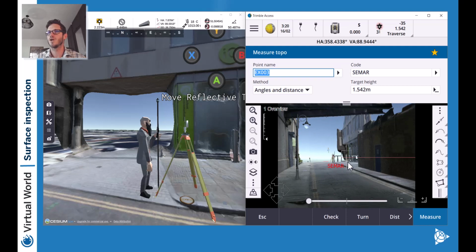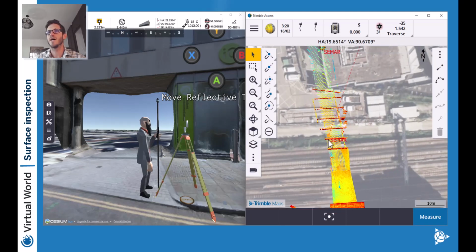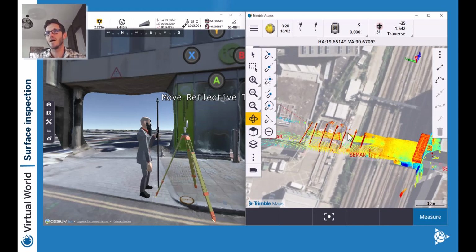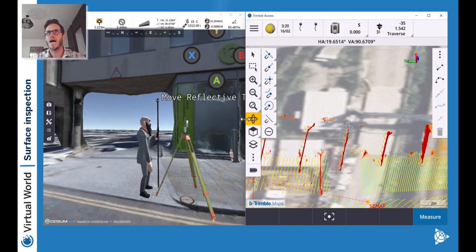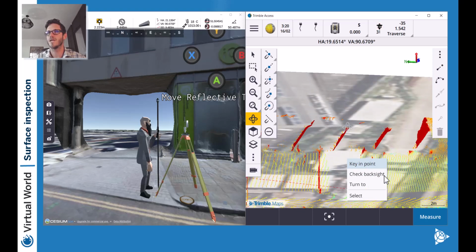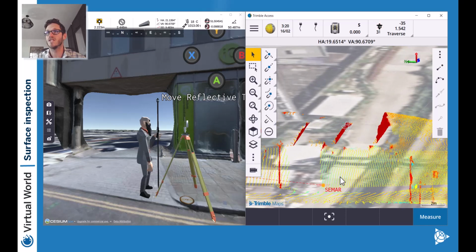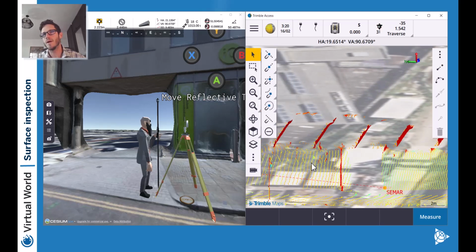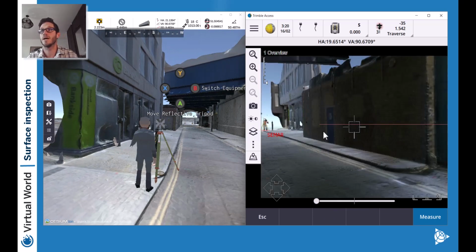Okay, so we mentioned we wanted to do mostly scanning. So what I'm going to do now, we can see I'm set up right over here. And do you see how much data we already have on this side? That's plenty of information really for either modeling, but even for the inspection. The only problem maybe you will get on this one is the angle. So maybe if I switch to the camera,